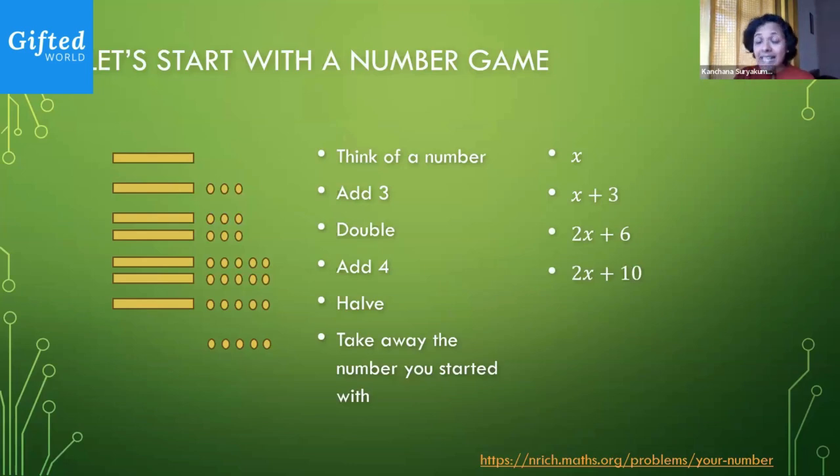If I'm going to make this half, the 2 times x becomes x again because you're dividing 2x by 2. The 10 becomes 5. So I have x plus 5. And finally, if I'm taking back the original number that I had, that is, I'm taking away x, I'm left with my 5. Yes? So I think a lot of you had a sense of what is going on.